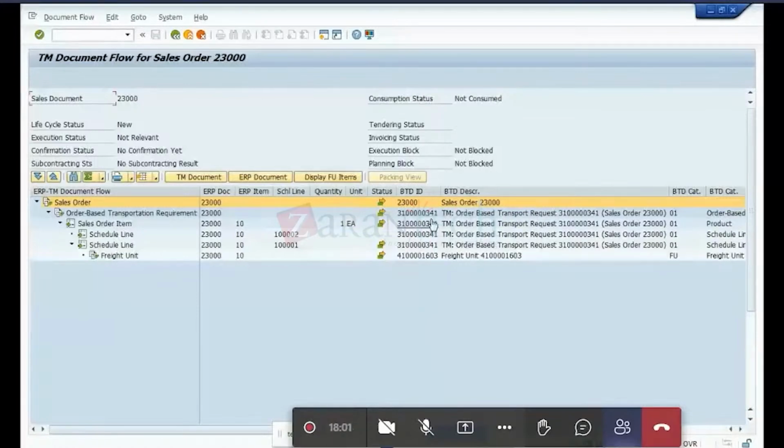And when my order-based requirement is created, at the same time, my freight unit also got created. The freight unit, if you remember, is the most important, critical document, because that is the planning document which actually connects your ECC with TM. And when you go into S4HANA, I'll show you what will happen. You will see that this order-based requirement is not there, but the rest of the flow remains the same. Okay. So when I go into freight unit,